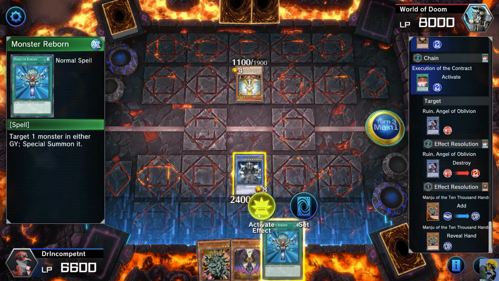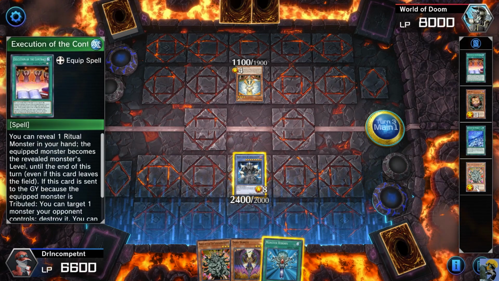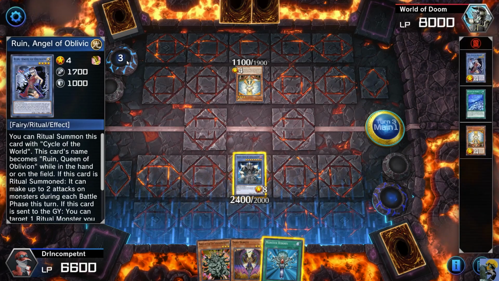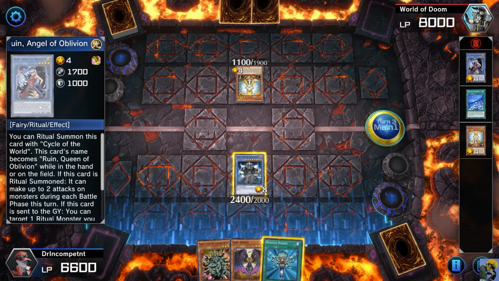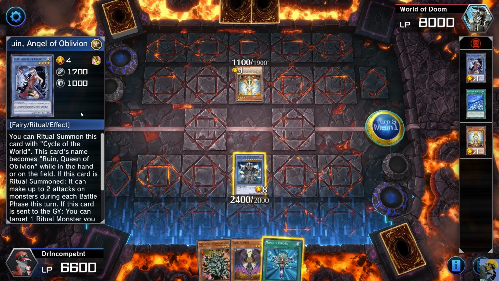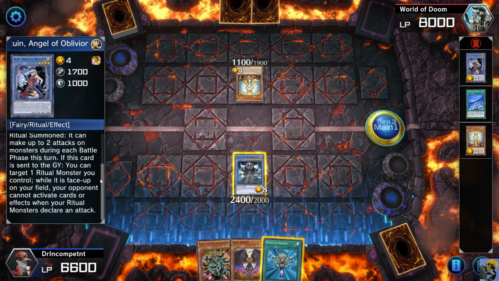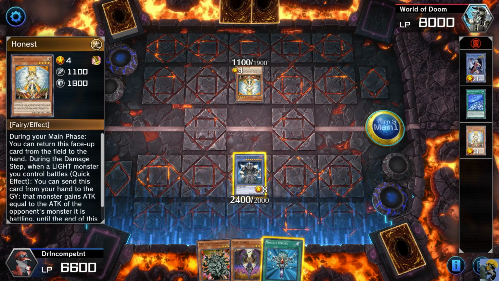Okay, so we're going to use this. And, well, actually, let me see. What do I get? What's the best thing in my yard? Probably this dude. What do you have in your yard? Do you have anything? Oh, I could get this, actually. She's 1,700 attack. Nah, but this is...